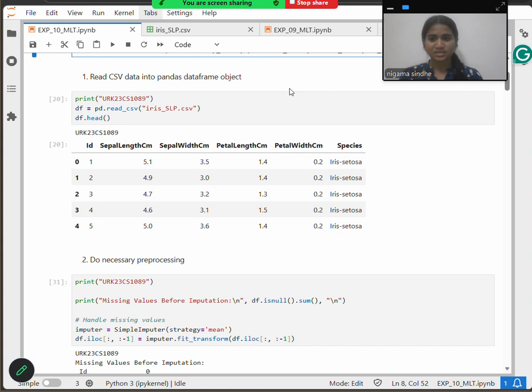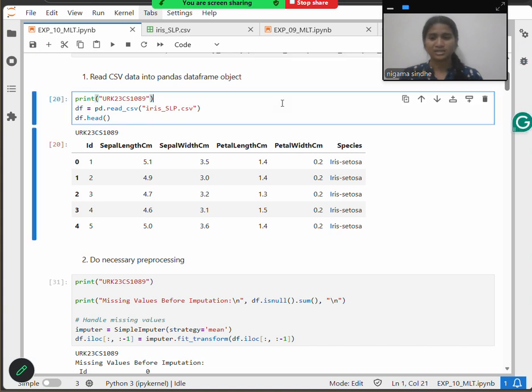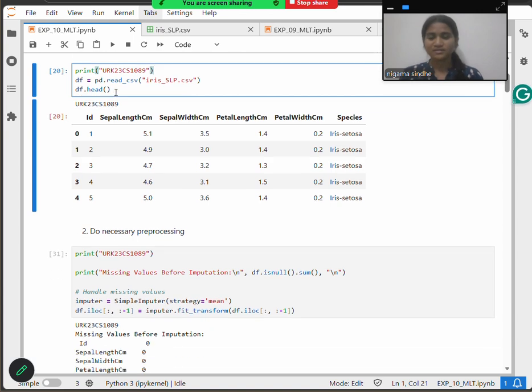Looking into the experiment step by step, first we are going to load the dataset, which is iris slp.csv, and we print the first 5 rows of the dataset.